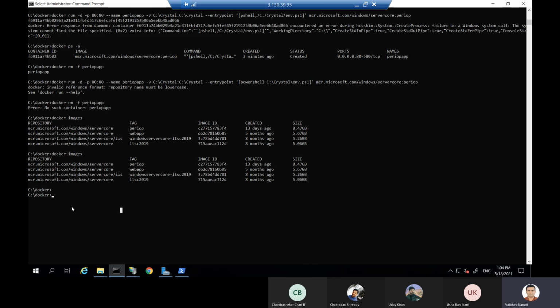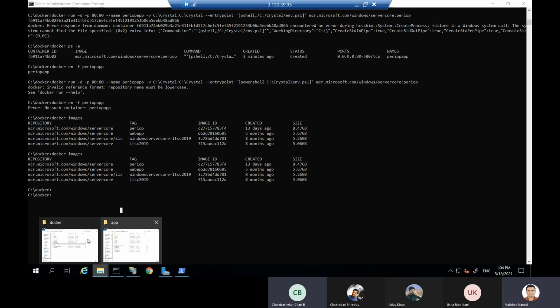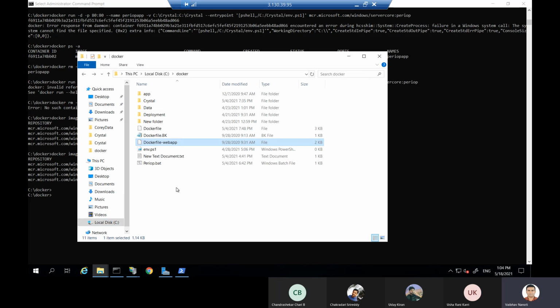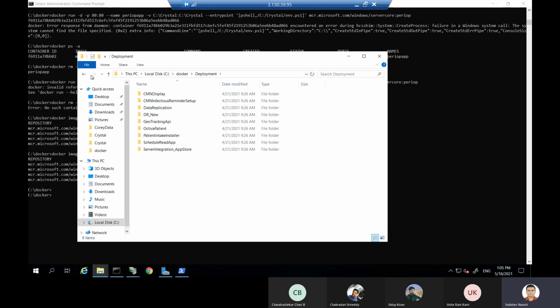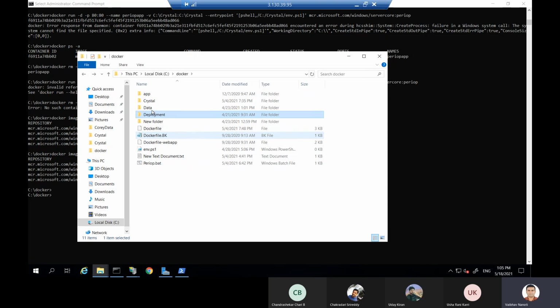In the same way, I am now coming to the PeriOps server, which I did prior to 13 days ago. In the PeriOps, what I want is a completely different set of options specifically for creating the PeriOps server. First thing, I want my application. So I just downloaded or copied the application from the development folder from the QA, specifically into my C drive Docker folder.